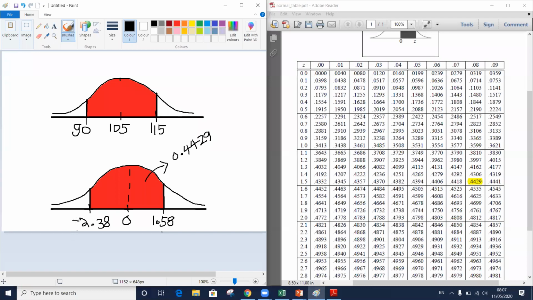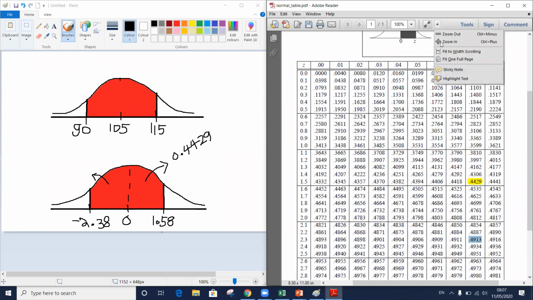The same we need to do for this part as well, right? From 0 to minus 2.38, what should be the probability, right? Minus 2.38. 8 is here,